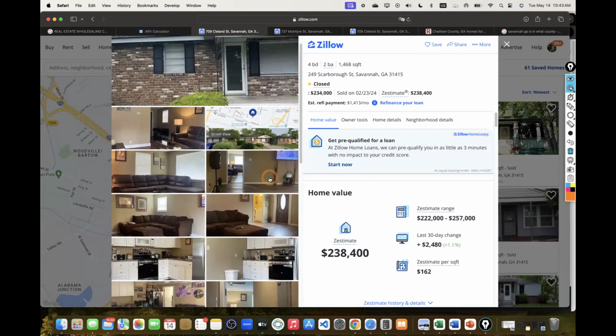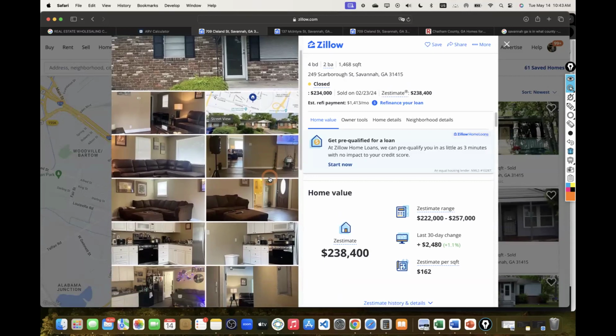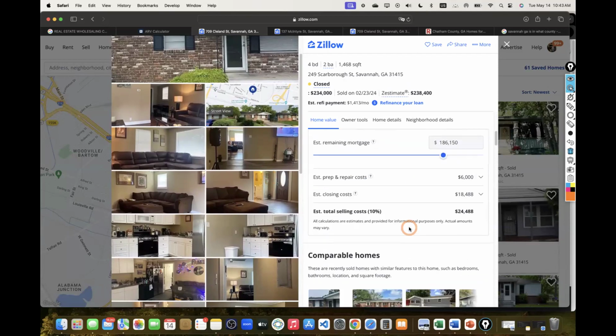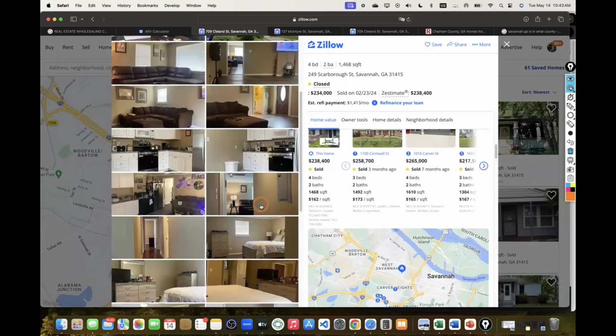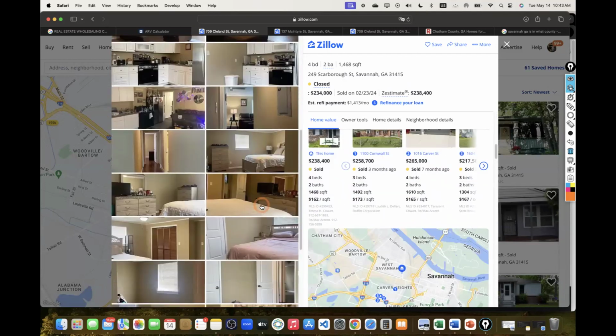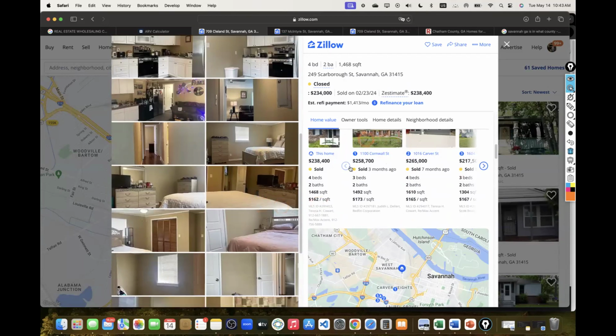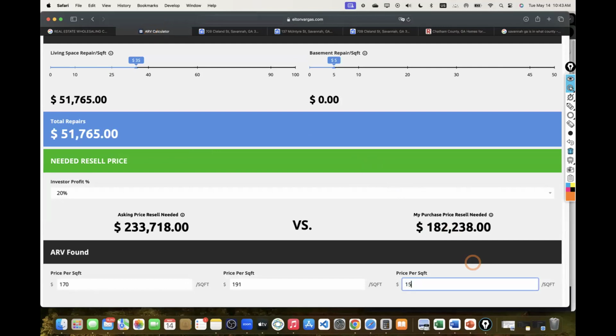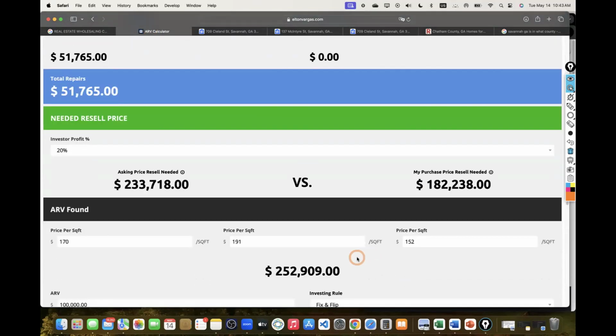I mean, in 2024 it sold for a little bit more, but it's 1,400 square feet, probably our second comp, a 1,400 square foot home. This is a well-maintained property, one of those that needs very minimal work. Again, it's on a whole different street, so I'm going to base it on minus $10,000. So 224 divided by 1,468 on the square footage is 152. So $152 per square foot.